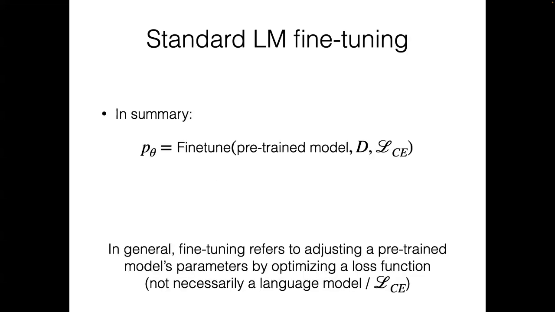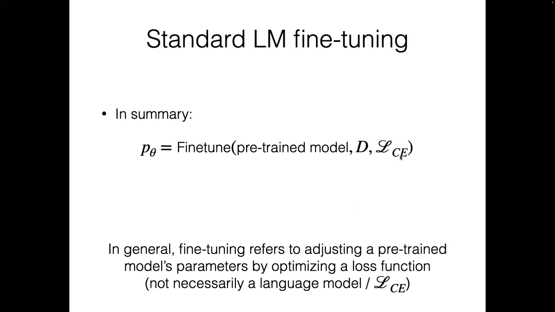So in summary, and we'll look at a few examples and then I'll show a code example as well to make this very concrete. But first I wanted to just stay abstract for a second. And so again, fine tuning is some procedure that takes in your pre-trained model, takes in some data, and then takes in some loss function. And in the case of language modeling, we have a pre-trained language model, we have this paired data, and we